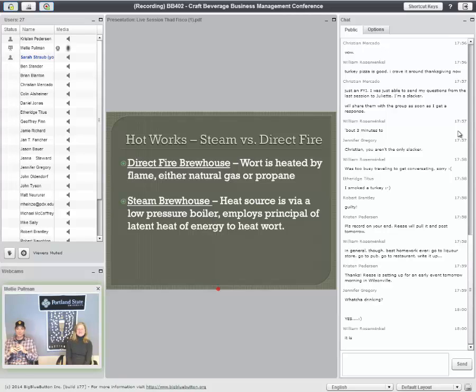Steam brew house, the heat source is a little different from a steam boiler. The steam boiler can be run either on electricity. There's some phenomenal electric boilers out there. They get big, they dim the lights in the neighborhood, but on smaller systems, they're great to use. And then either natural gas or